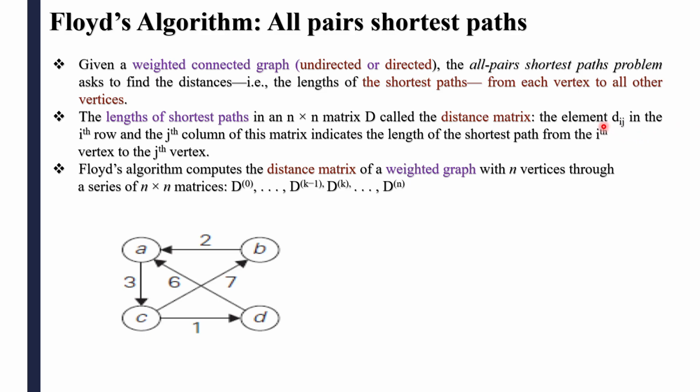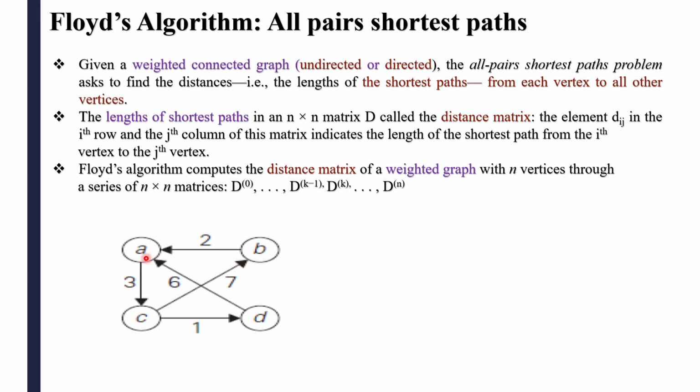So usually we represent this using D of ij. D of ij means i is your source and j is your destination. So that is the minimum distance from source to destination. That one you will represent like this, D of ij. Assume that A is your source and B is your destination. So i is A, and j is B, and my aim now is: